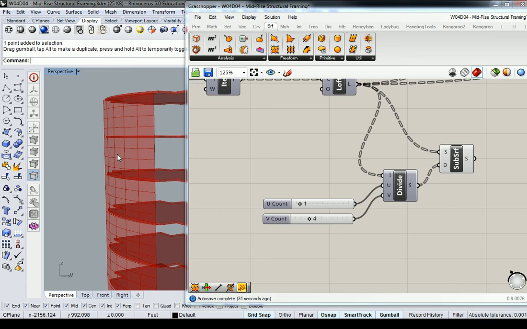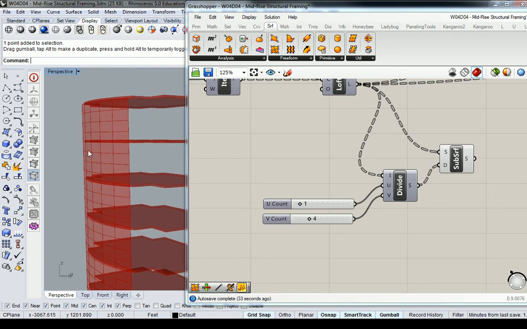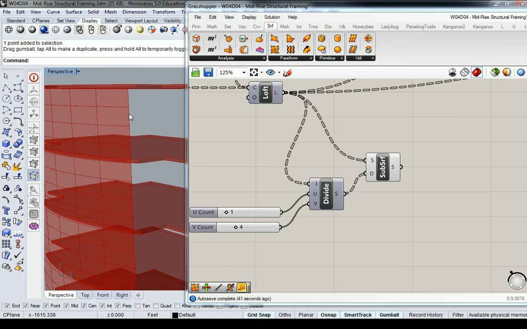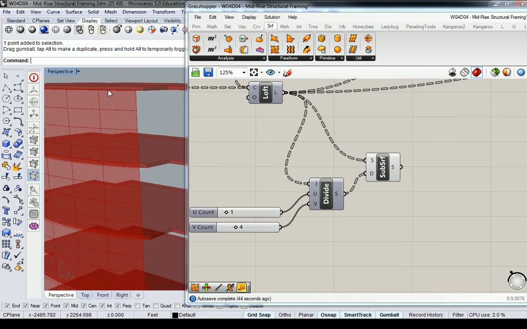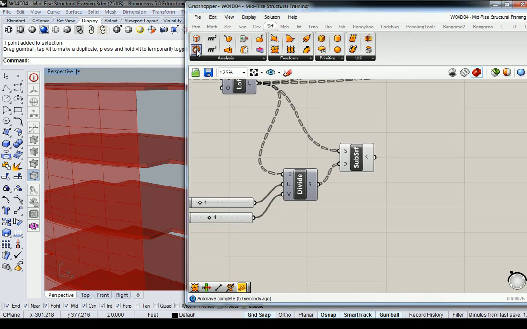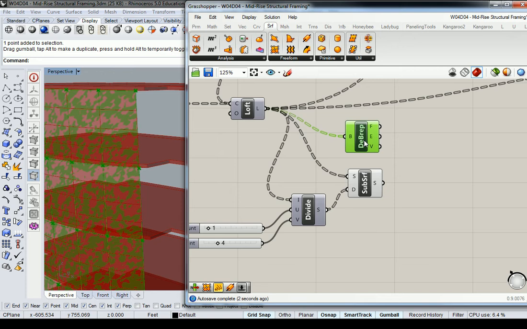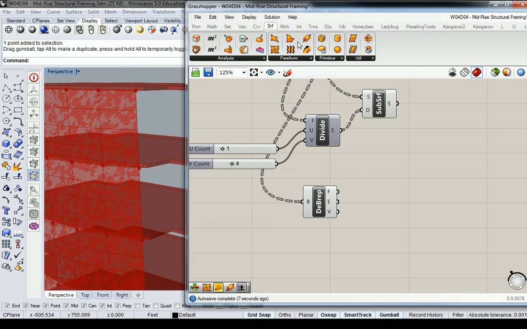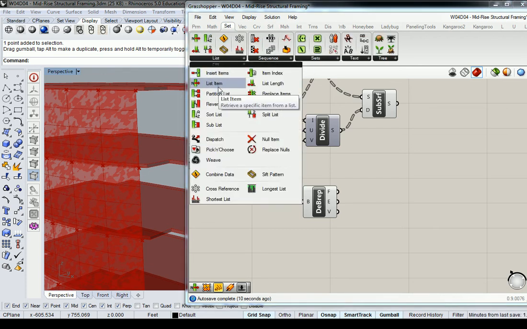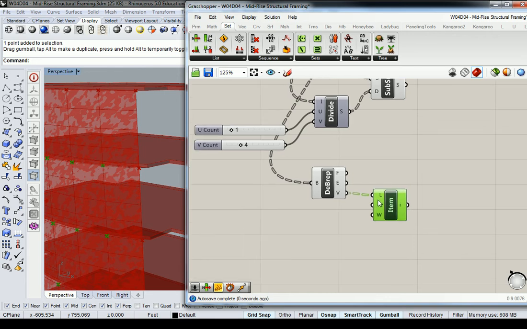So I'm going to go through and do that first because the way that I'm going to construct this is actually off of the spacing of these elements, and I'm just going to create sort of a point off of a curve that's going to return down to the bottom. I'll get there in a second, but in order to get there, I'm going to deconstruct this surface. Deconstruct the original lofted surface, because with that surface, I'm going to grab, using list item,